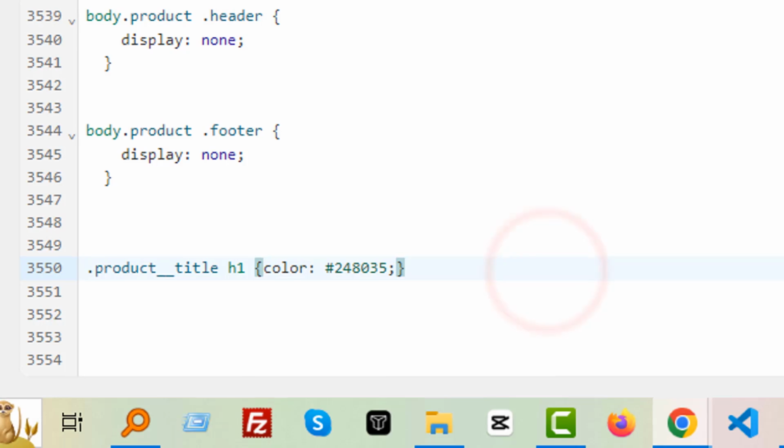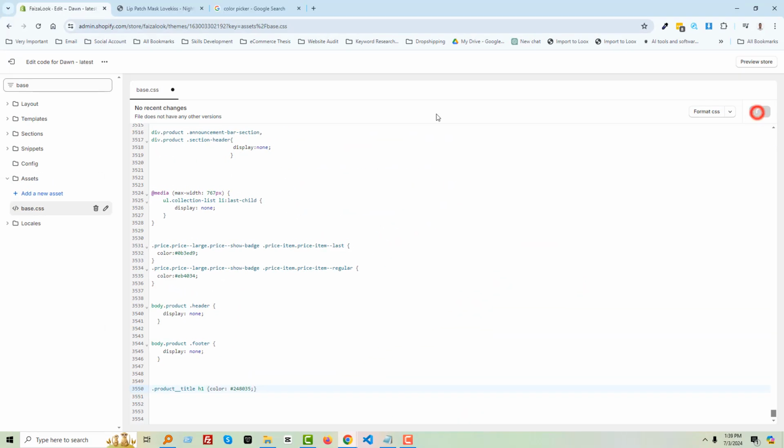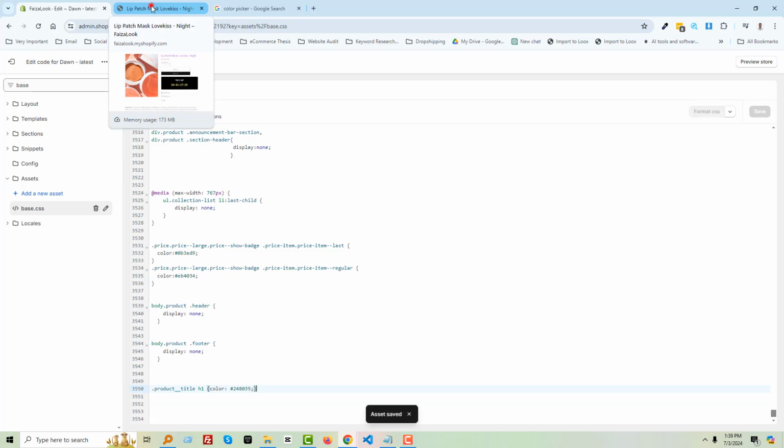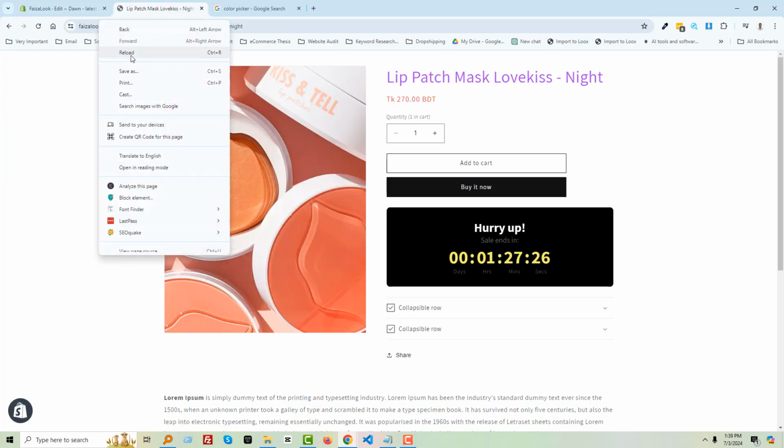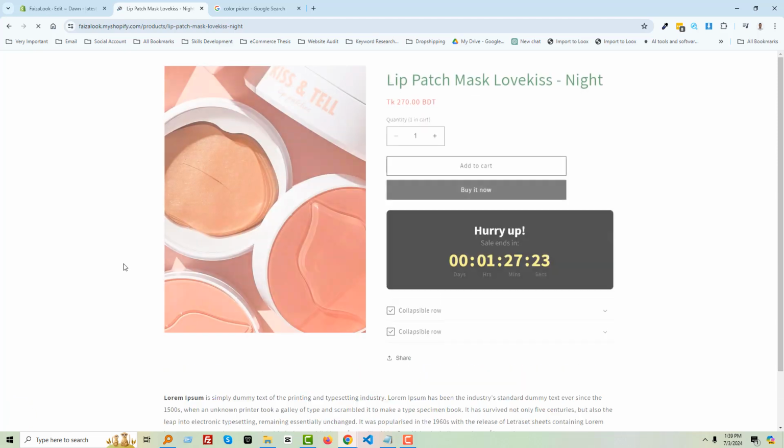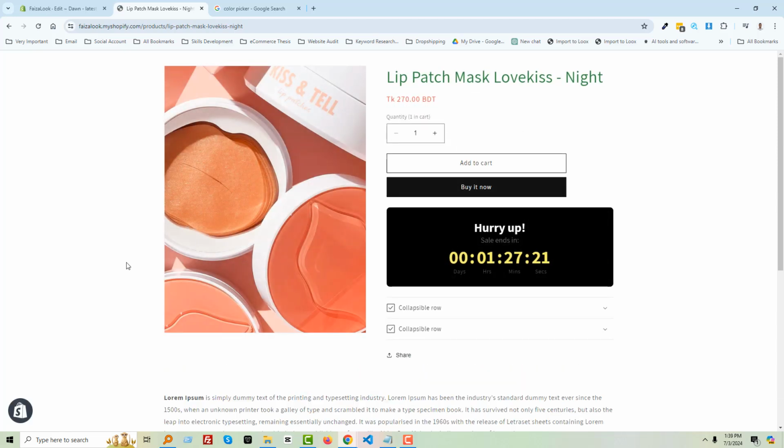Looks very carefully, then click on the save, asset save. Now going to reload. Wow, so I hope you understand how to change the product title color in product page in your Shopify online